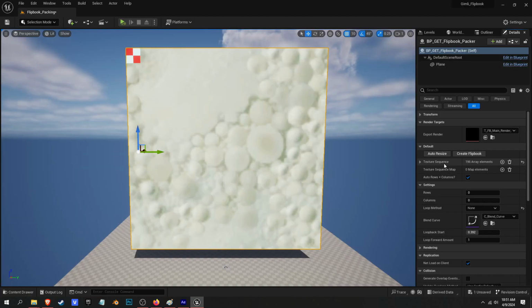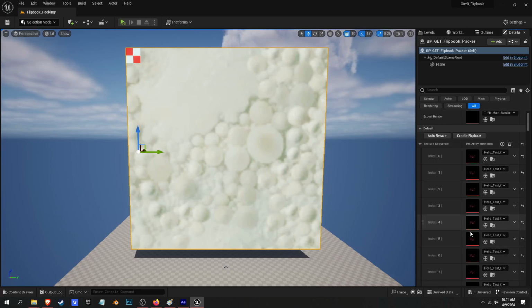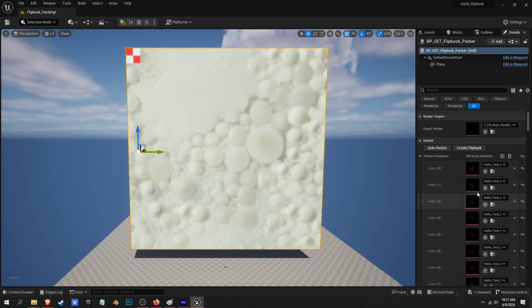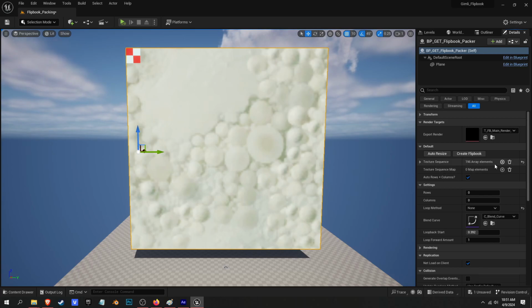Alright, so here we are in the Flipbook packer. The first thing I want to talk about is the auto resizer. Once you import your texture sequences, you can already see that I imported all of the texture sequences of that After Effects animation. Once you get that in here, you want to go to the auto resizer and hit the auto resize. Once you hit it, it's going to also set the rows and columns for that